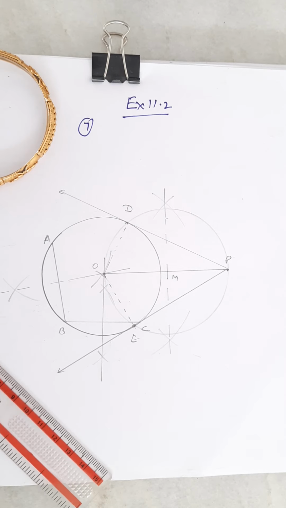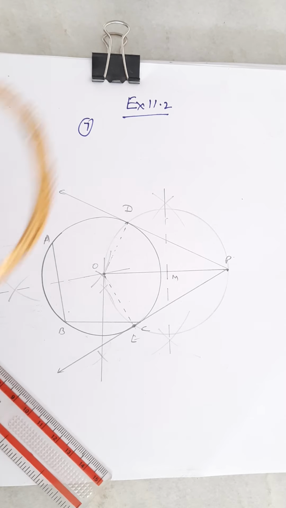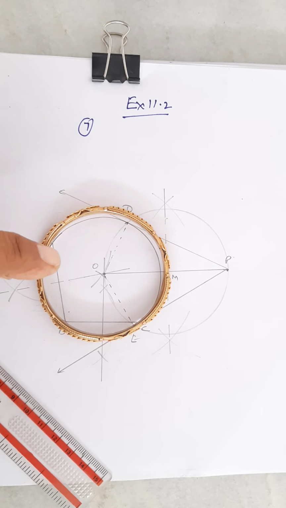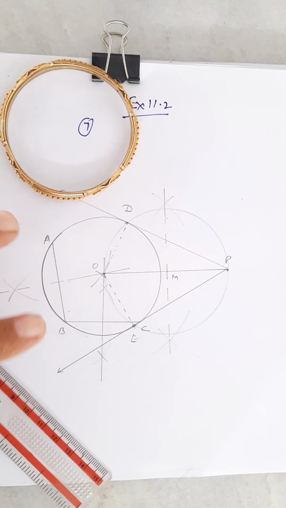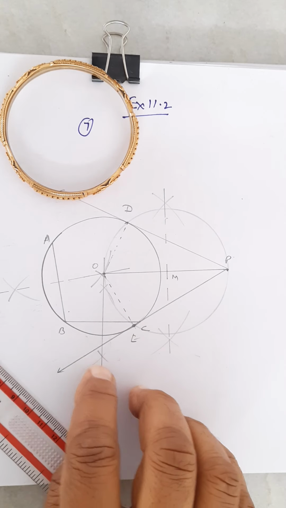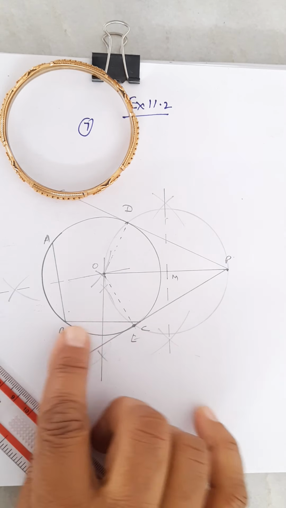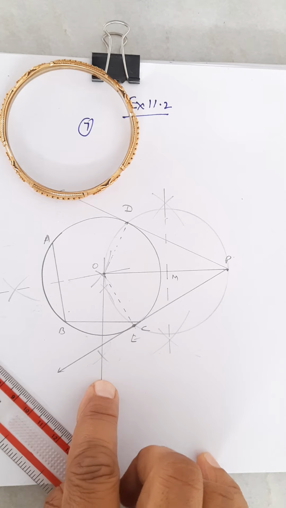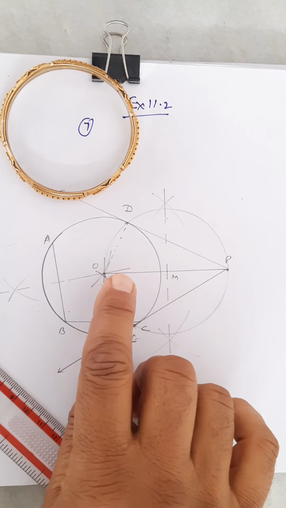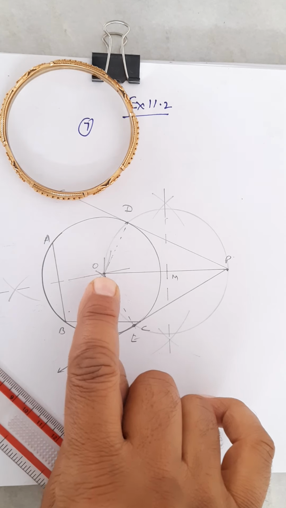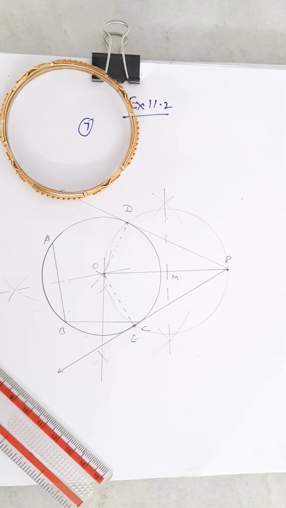And that concept is that whenever we make a circle with the help of round objects, we are not able to find the center. So by this method, the perpendicular bisector of the chord passes through the center. So it is the line and this is the line. Now when these two lines are intersecting, definitely this is a common point and this common point will be the center. So I hope you all understood this part.